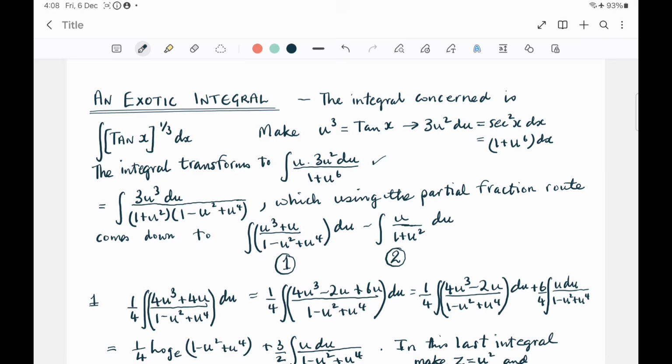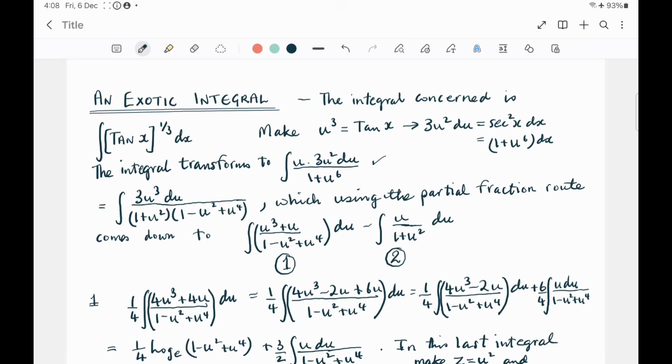On the next step I've factorized the bottom. The top is 3u cubed du, and the denominator is 1 plus u squared times 1 minus u squared plus u to the 4th, which by the use of partial fractions comes down to these integrals which I've numbered 1 and 2,